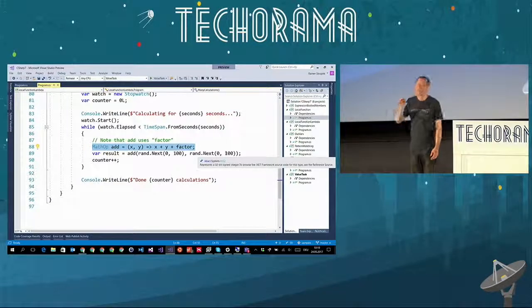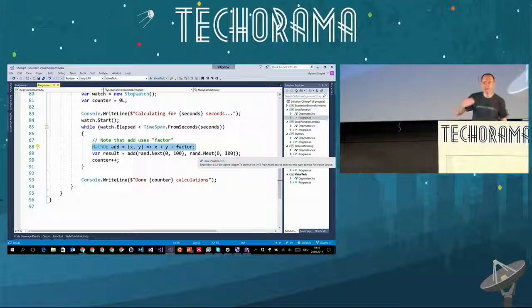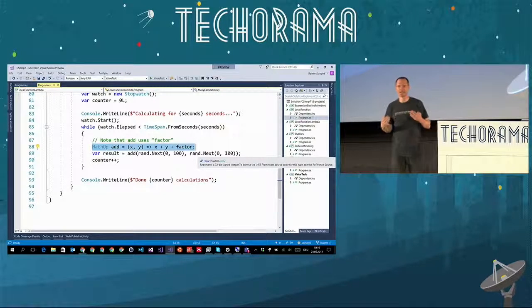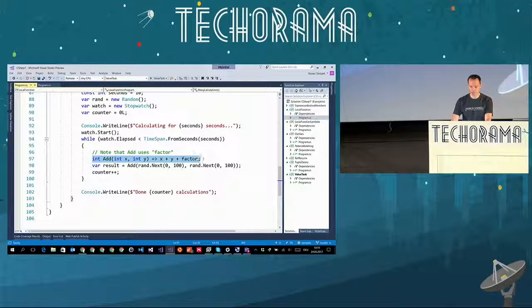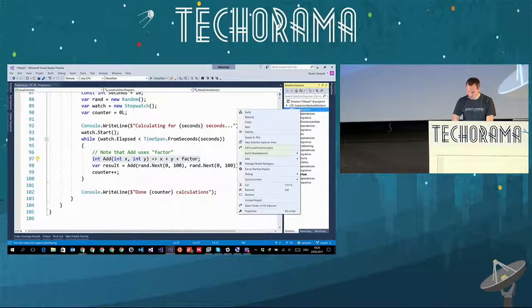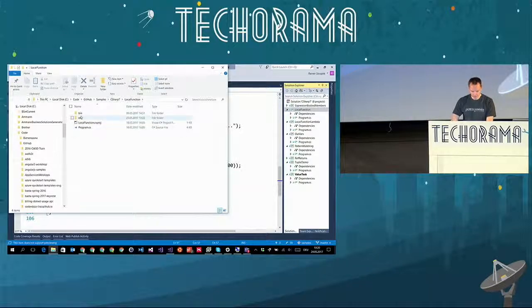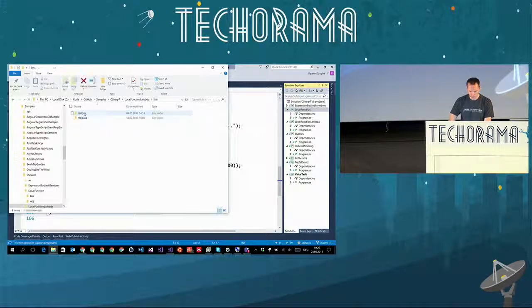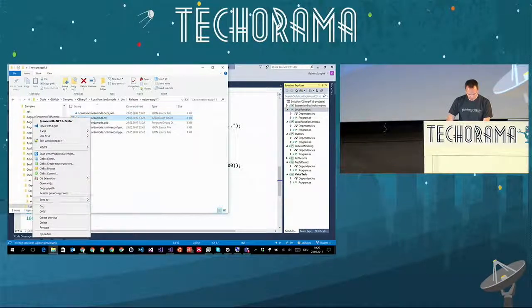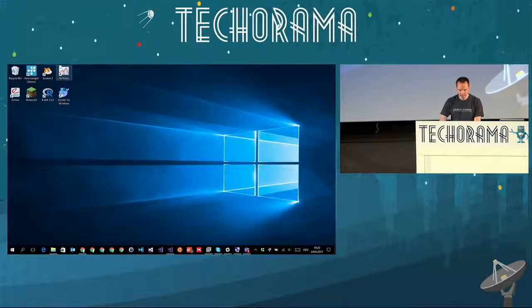In line 88, you see that we're using a local function add, but this time in a tight loop. So for 10 seconds, we're using a lot of local functions here. And in the new version, I'm doing exactly the same code, but this time with the native local functions. So let's try this. Let me open up the new version here in File Explorer. Yes, here it is, and go to bin. Oh no, let's start with the old version. Let's go into Lambda and bin and release and netcore and let's copy this path, and then let's run